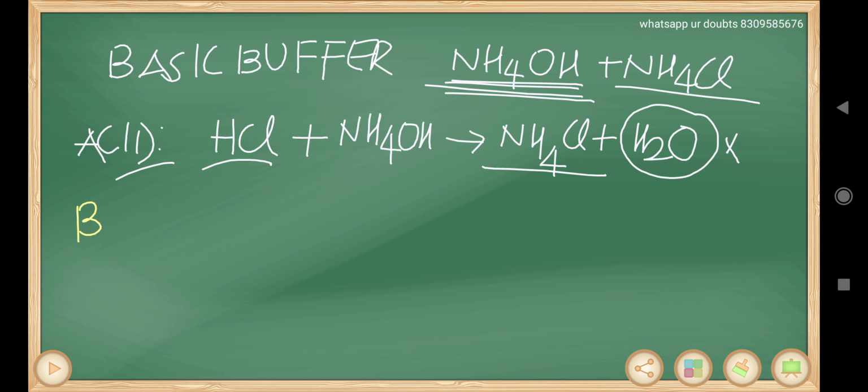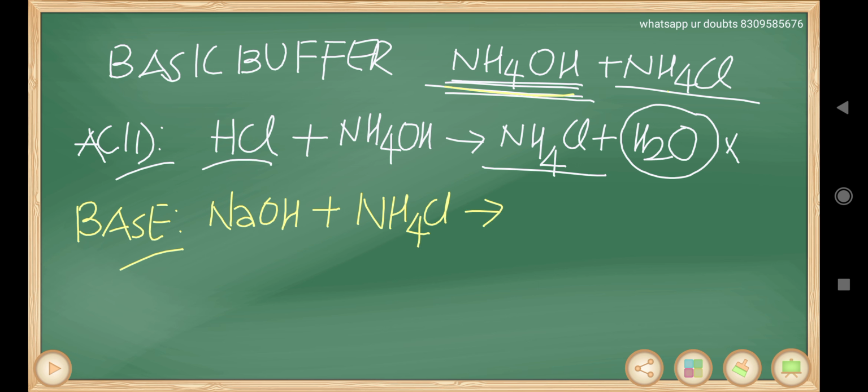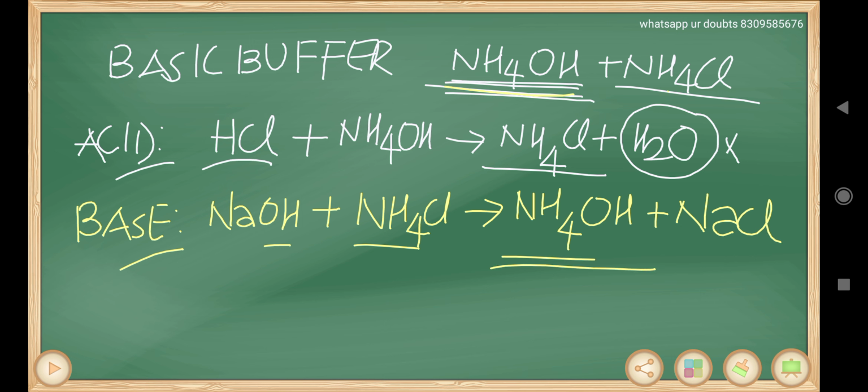So when strong acid is added, the weak base part will react. If you are adding a base like sodium hydroxide, now the salt part will react. A base can't react with a base, right? So the salt part will react. The salt part is NH4Cl. From here, NH4 and this OH are going to form NH4OH along with NaCl. Clear? NH4OH is again present with us. So because of NH4OH, there is no change in pH. NaCl, as we were discussing, is absolutely neutral, so no change in pH. It is known as working of buffer.